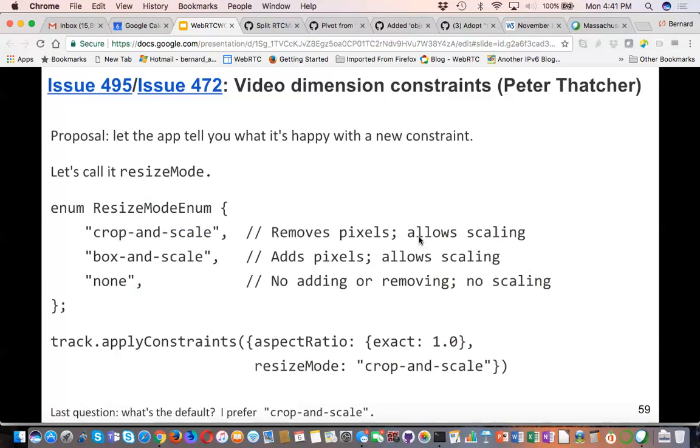One note on resize: it is a constrainable property. That means we have to figure out what it would return in the unset setting. It's similar to an issue Guido and I were discussing, where we have to call it native, the non-value. I guess it could work. I think crop and scale is still awesome.